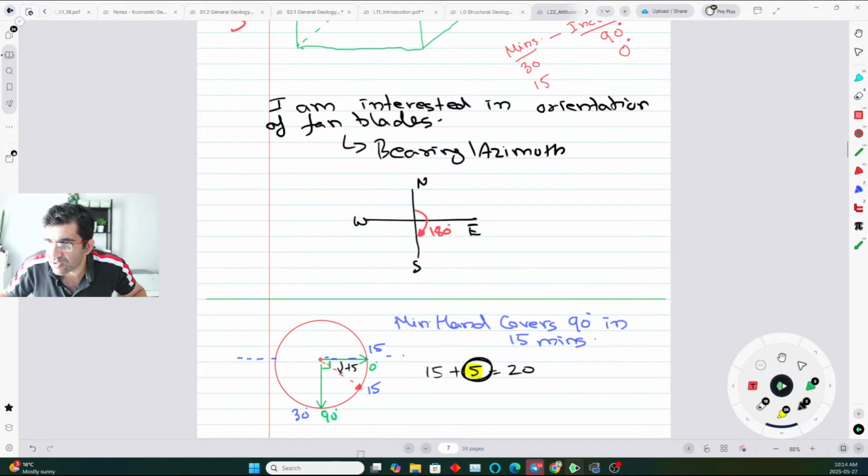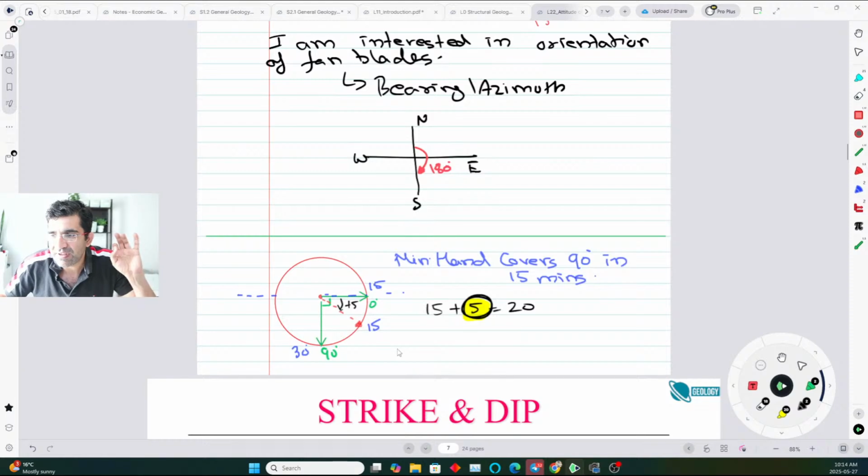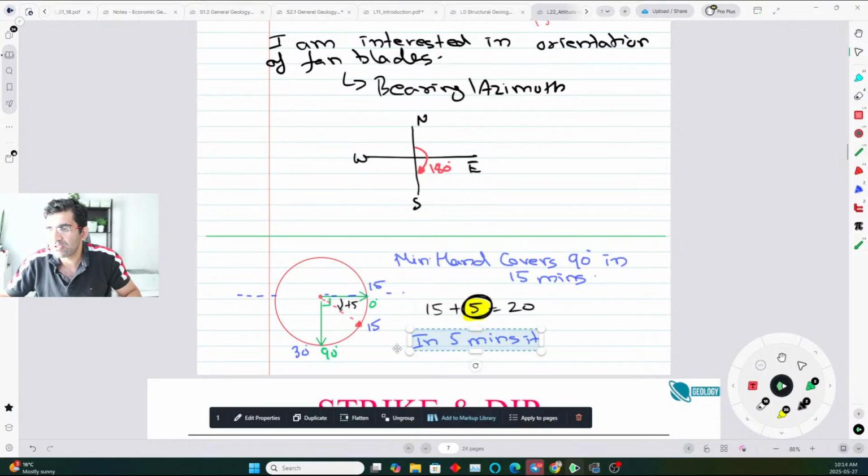That is why I'm saying it is a good aptitude question as well. So you try to solve this for our hand, the original problem that I gave. This will be a hint for you on how to solve it. So 15 plus 5 gives you 20. The minute hand covers 90 degrees in 15 minutes. So in 5 minutes it will cover, or a better way of stating this problem,